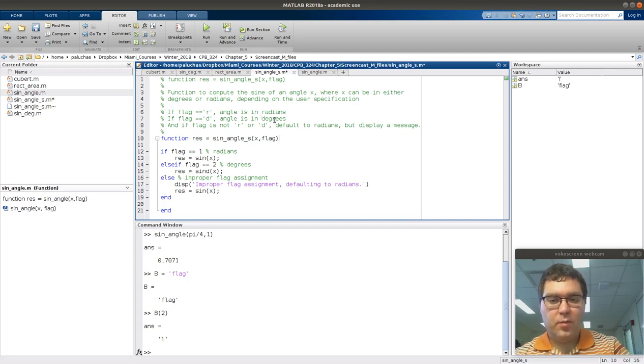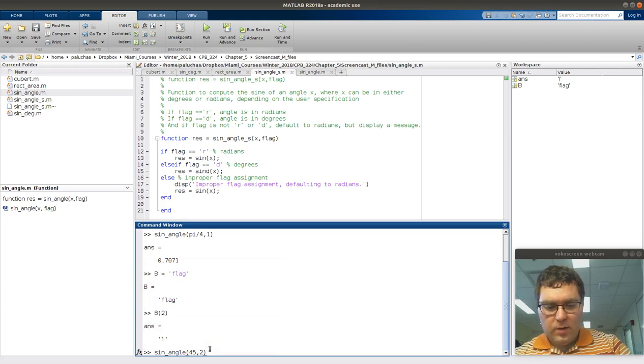Okay, this way, if I'm only using single characters to describe everything, then the comparison is straightforward. Okay, and so then if flag is equivalent to R, radians. And MATLAB does this with things like the sort function and such. When it sorts, it doesn't have ascending or descending as an option. It has A and D like this. Okay, so I save it